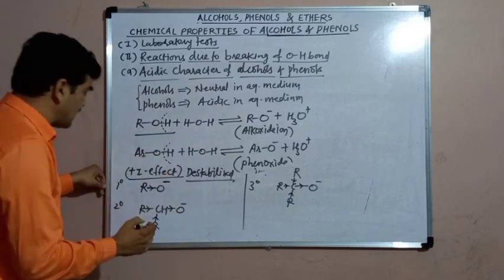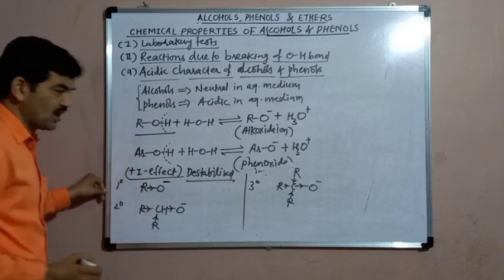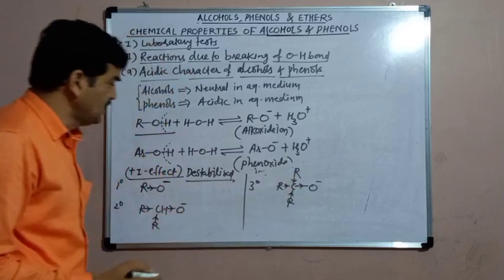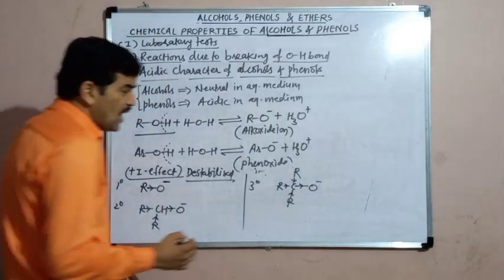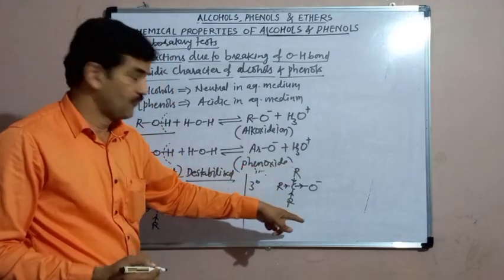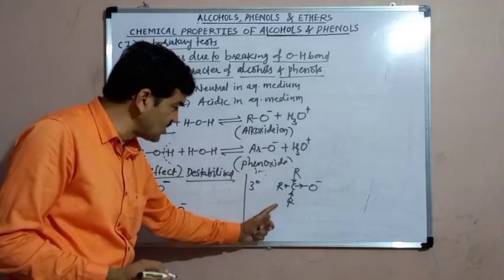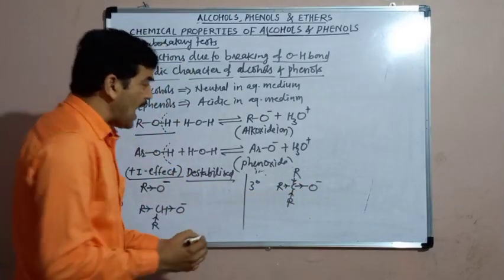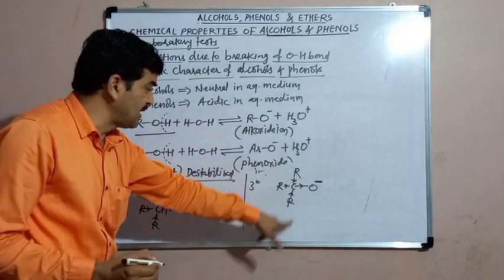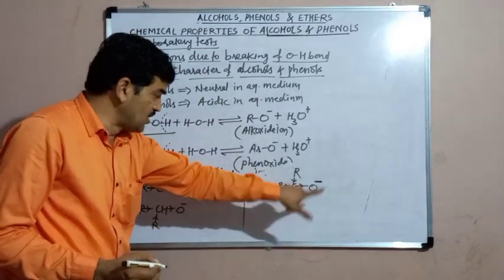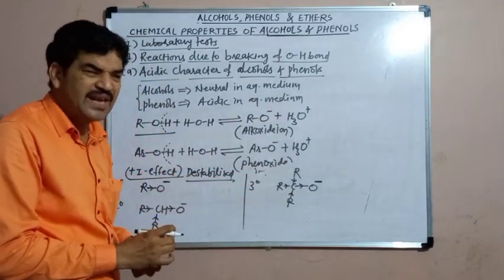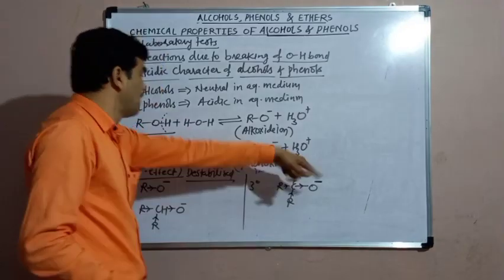Now, when we compare the acidic nature of primary, secondary and tertiary alcohols, the tertiary alcohols will give this type of alkoxide ion, tertiary alkoxide ion. And in the tertiary alkoxide ion, the negative charge on the oxygen will be maximum, because there are three alkyl groups which release the electron density toward the oxygen. And therefore this negative charge will be maximum. It will be more destabilized. Destabilization will be very high. Means it is very unstable. And therefore the tertiary alcohol has a very negligible or very less tendency to lose the proton.